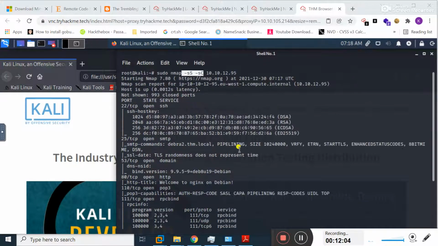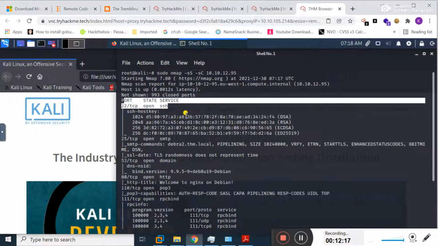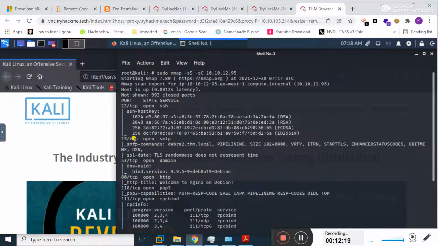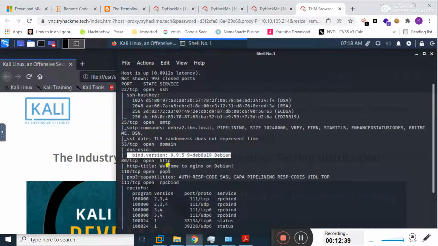See here the scanner result against this target machine is presented to me, and now more details about this machine are shown when I use this method. Port 22 is open and the service running on this port is SSH, and some details about the TCP port are also shown. Here you can see it also detected on port 53 some variant number of the domain service.